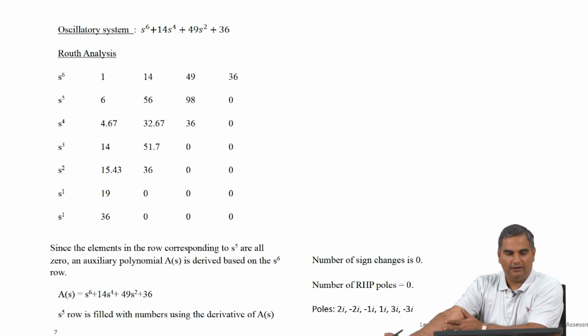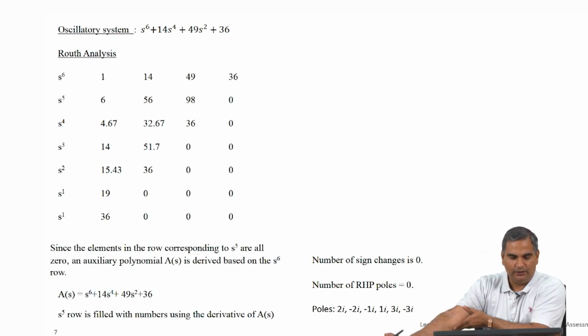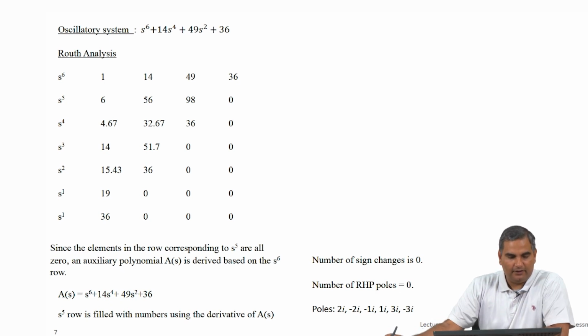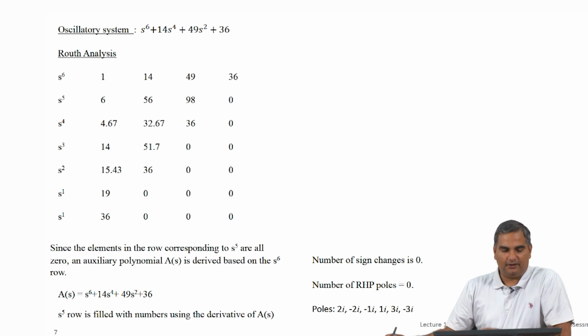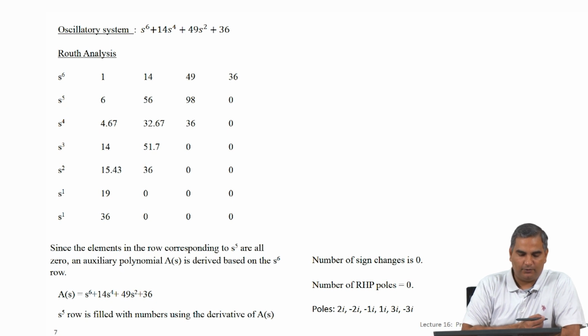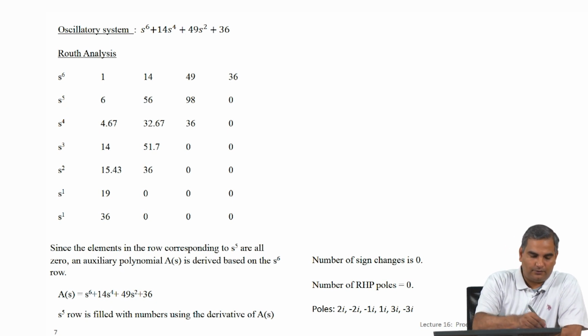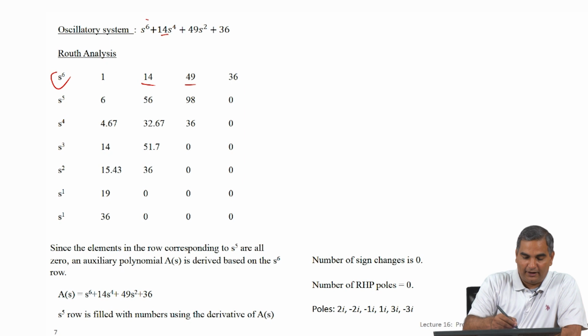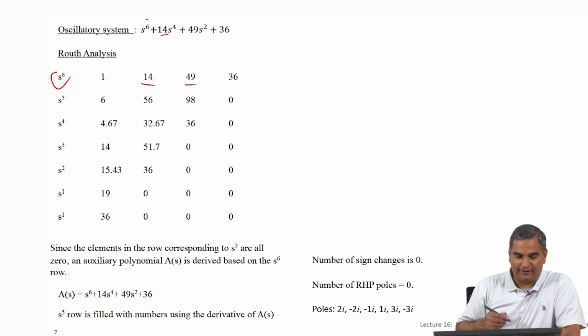Now, the next example I am going to show you is what is called the use of auxiliary polynomial. So, here let us take a 6th order polynomial, which is of the form s power 6 plus 14 s power 4 plus 49 s squared plus 36. So, I am going to do the same thing. So, s power 6, I am going to take the first term, skip the second term which anyway is not there, s power 5. So, I take 14 here, and then skip s cube which is not there anyway, and then I get the s squared term, and s power of 1 is not there and I get 36.